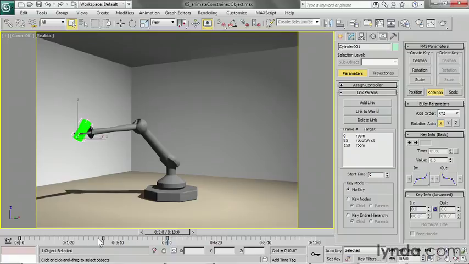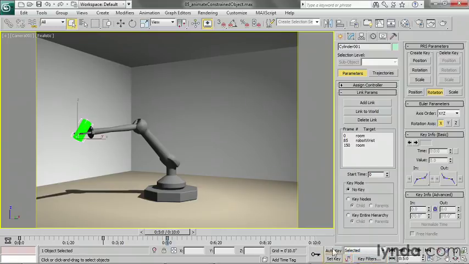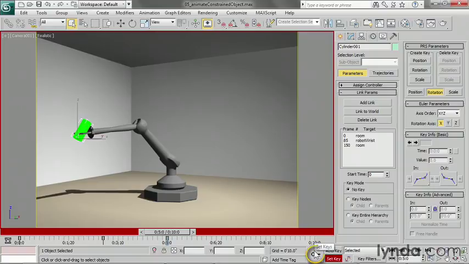You notice these keyframes here now? Those are the link keyframes that correspond to the motion panel targets here. I want to keyframe the position and rotation for the cylinder at this point in time at 5 seconds in. I'll go to my key filters and turn on position and rotation. I'll enable set key, click the skeleton key, and now I've got position and rotation keyframes at that point in